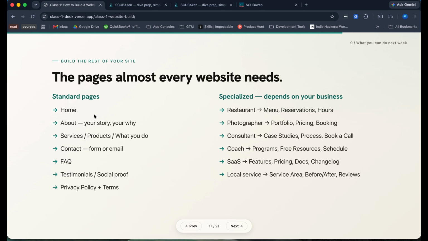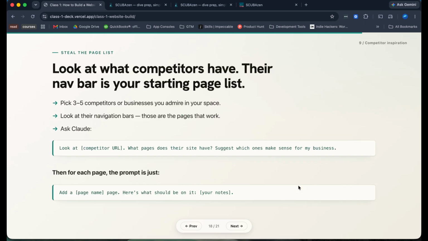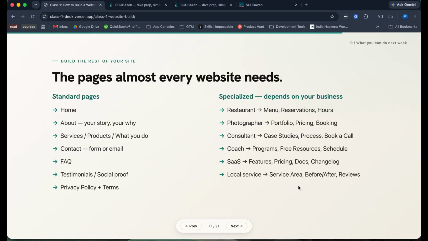And we do that one first just to get everything oriented, and it's used as a design reference for the other pages. And then depending on what part of your business, you may have these other custom pages. You don't have to think of these. What I usually do is I look at a competitor or tell Claude to look at a competitor and list all the pages and then create a document that's basically a checklist of, hey, let's go through each of these and check them off as we're done.